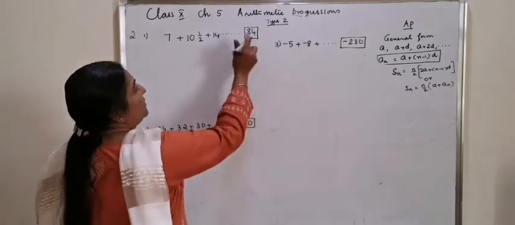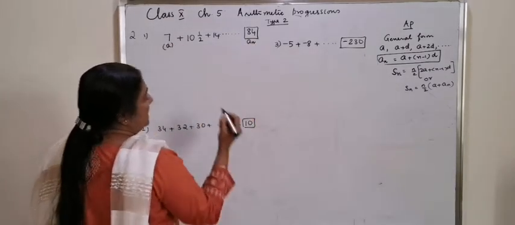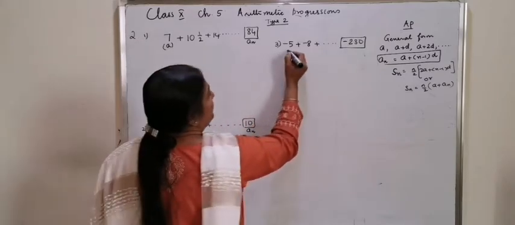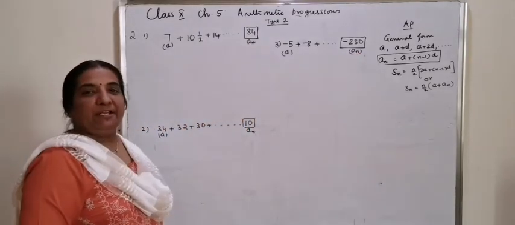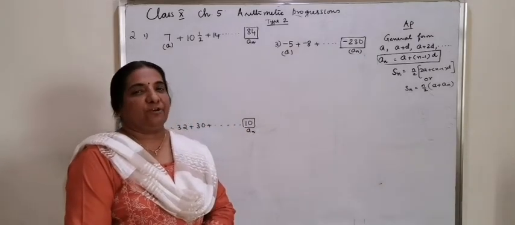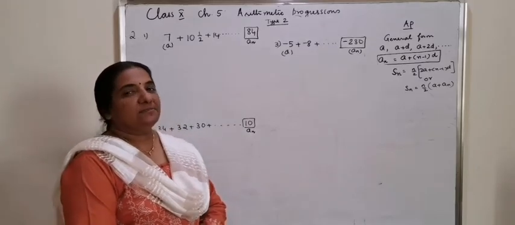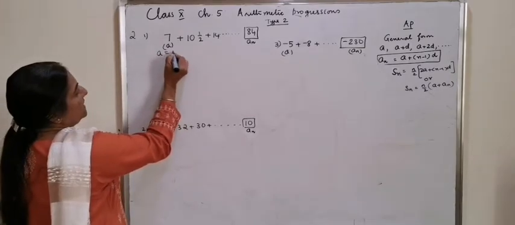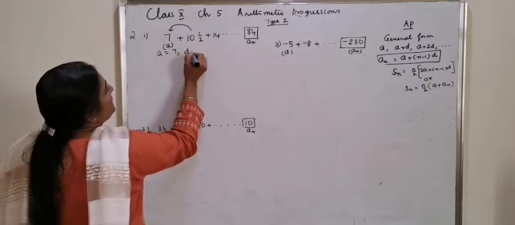That means the value given here is the last term AN, and A is this one, this is AN, this is A, the first term, and the last term is given to you. That is the meaning of type 2. Here you have to find out N using AN formula, then apply SN formula, which shows that this is a 3-mark question. So from the given condition, A is given as 7,